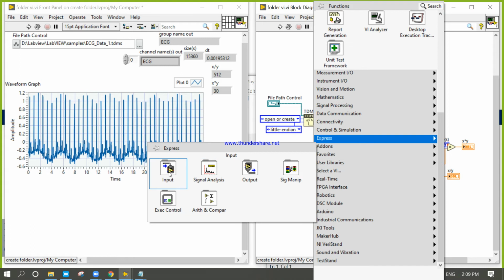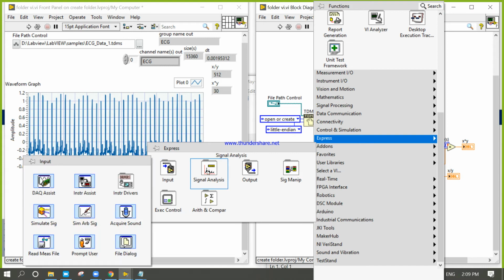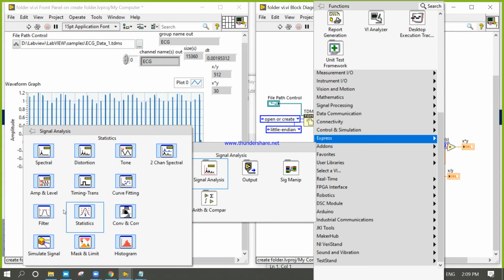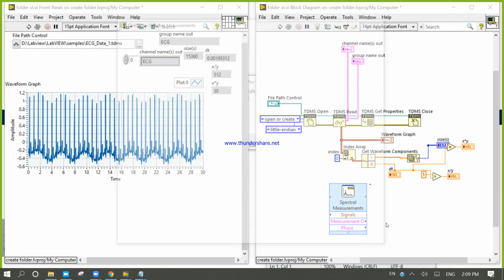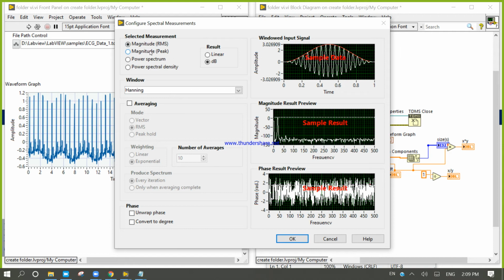I will come to Express VI, I will come to the inputs, signal analysis, filters. So now I want to check what is the frequency of this signal. What is the frequency of this signal? So for that, if I want to measure RMS, peak to peak, power spectrum density.